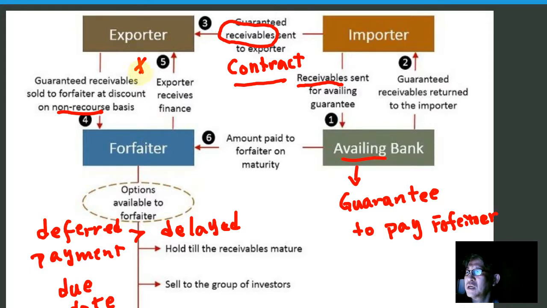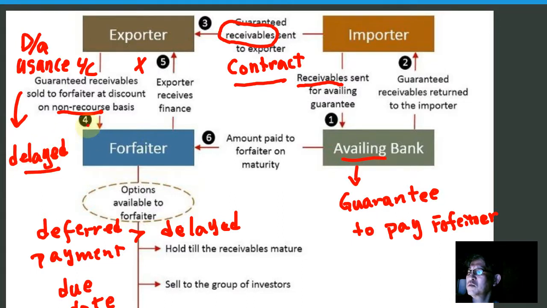So usually the guaranteed receivables have due dates. They might be either DA or usance LC. Both of these methods are delayed payment. So by using forfeiting or factoring, the export can get paid at the same time, prior to the due date, the delayed date promised. This is the benefit of the export. In this case, the export can be paid at the same time,